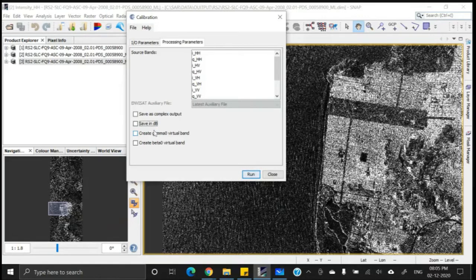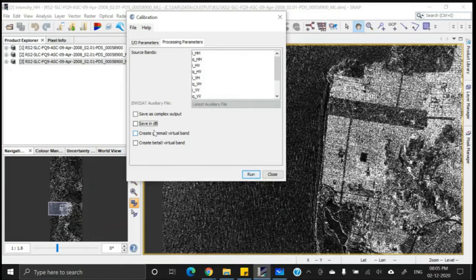In a sigma naught image, the topographic impact on the backscatter is minimized, as I told you: the higher altitude, lower altitude, slope orientation, etc. The backscatter depends on the surface backscatter properties, and the image appears flat as if there was no undulation in the terrain. And it varies with radar wavelength and also with the polarization.